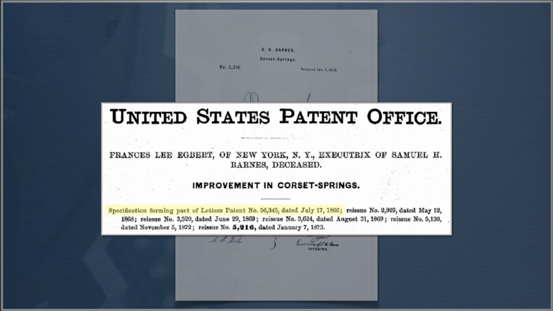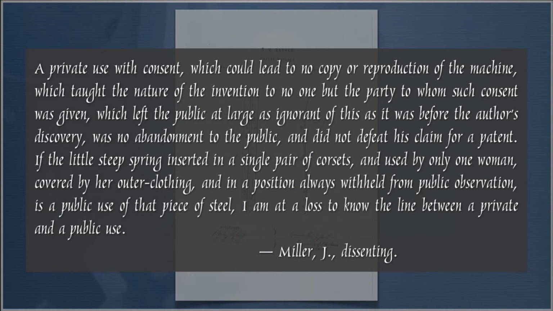If we had the current law, as a technical matter at that time, there was a 2-year grace period, but in any event, it's clear that there was a lot of use going on well prior to the critical date. And so the majority finds that this is a prior public use, that this use of the corset springs, even though they could not be seen or revealed by the public, was nonetheless a prior public use according to the statute. And there was a vigorous dissent in this case: